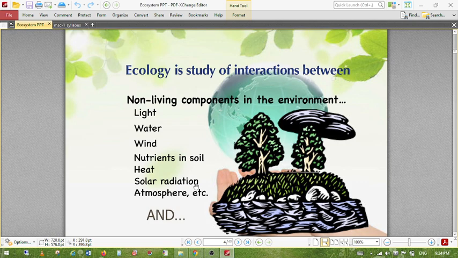For example, we cannot live in high heat or high temperature, but some microbes are also living in that condition. So for different organisms, the condition is different. We are not going into details of what the parameters are. And the living components, the biotic components, include plants, animals, and microorganisms, all living things that are present on the earth. So we are going to study the relations and how the ecosystem impacts the group of species,